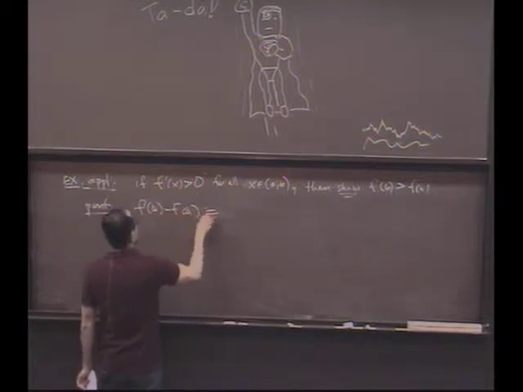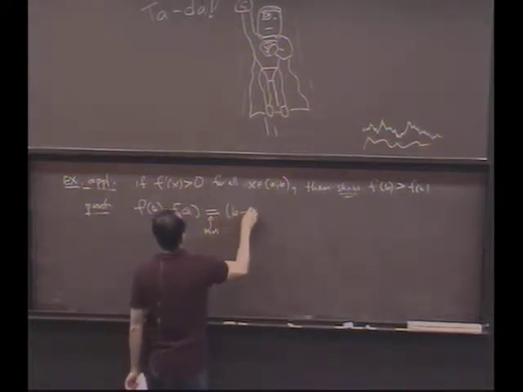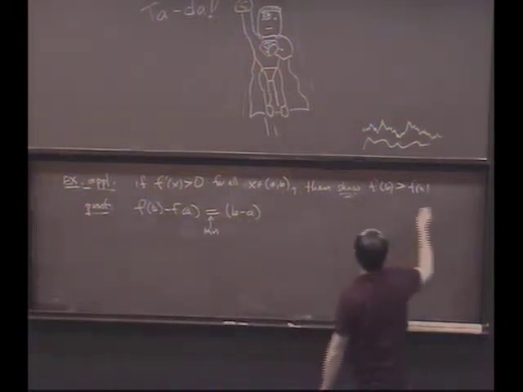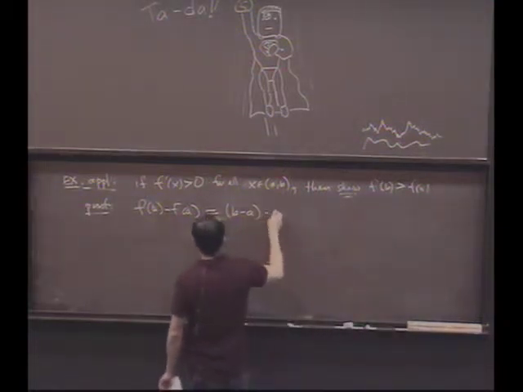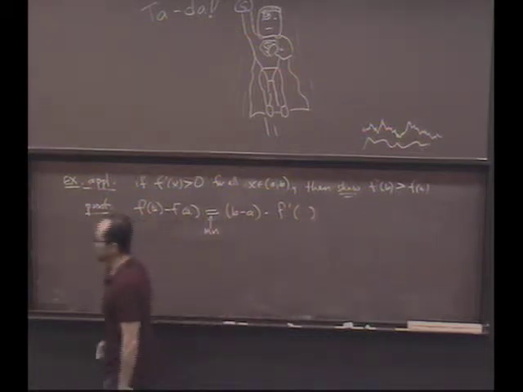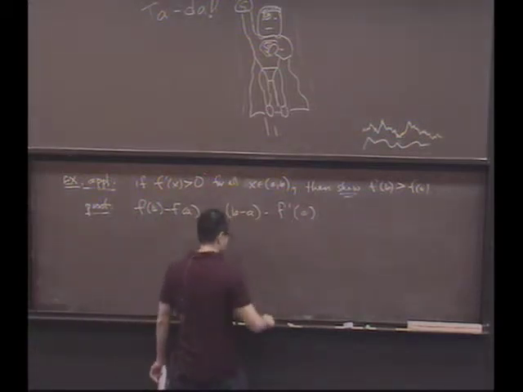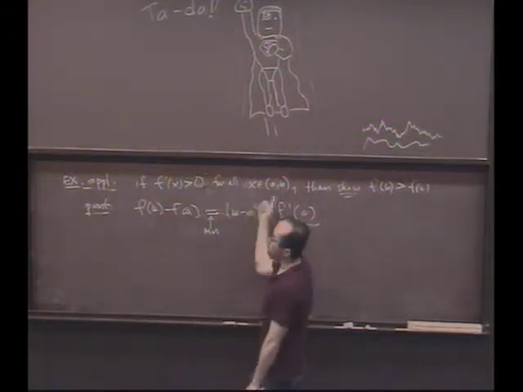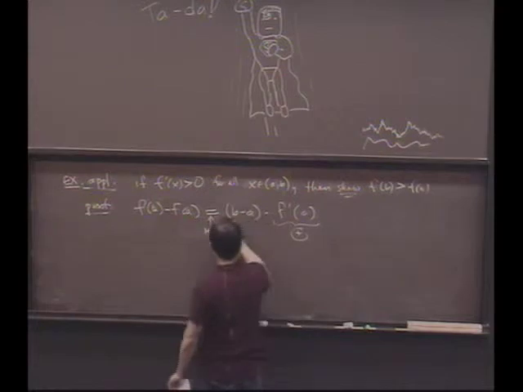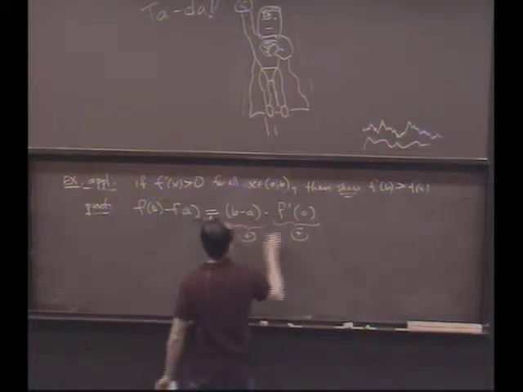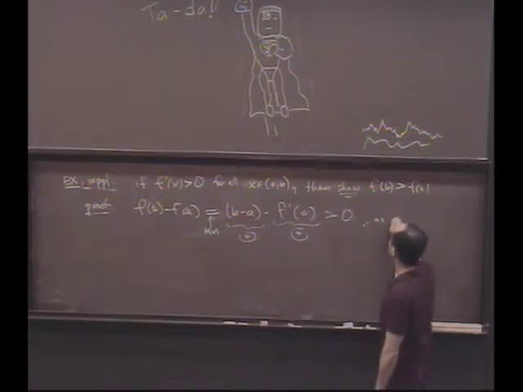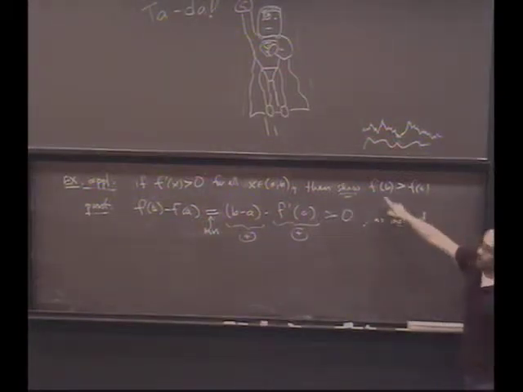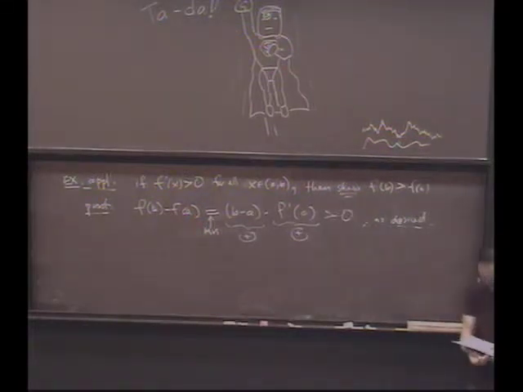Well, by the mean value theorem, this is (b minus a) times f prime at some point in between. Do I know what point? No. Does it matter, though? No. Why? What do I know about this creature? It has to be positive, because it's one of these points. That's positive. What about b minus a? That's positive. So this is bigger than 0 as desired. This gives us the fact that f(b) is bigger than f(a). Done. Okay. Very nice